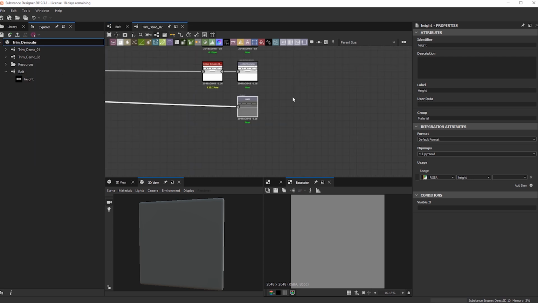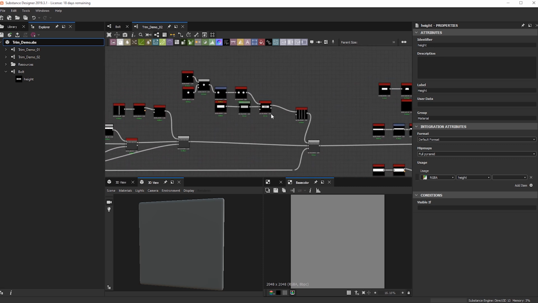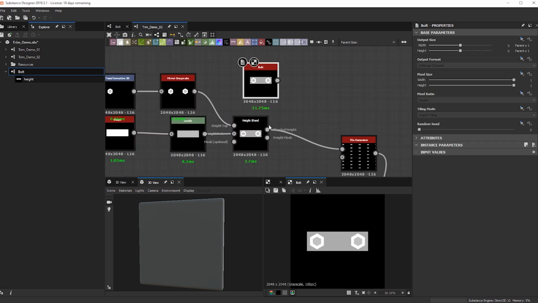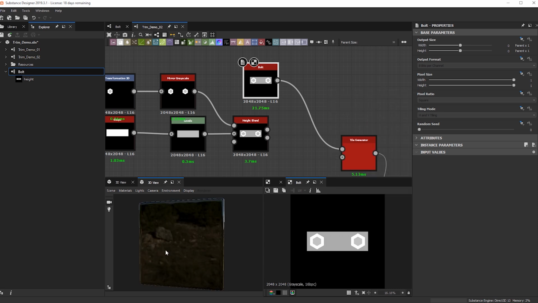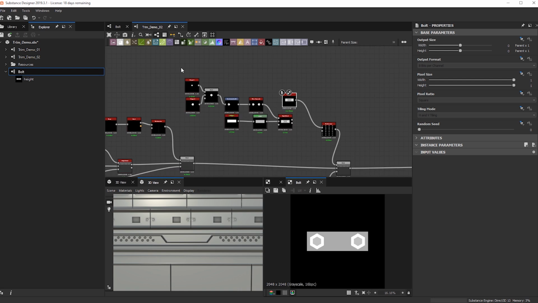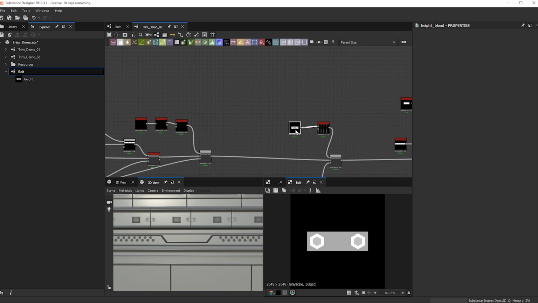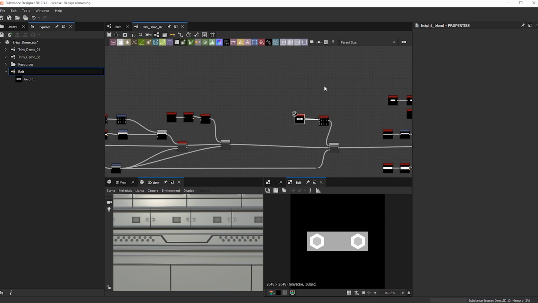If we go back into our trim demo, what we can do now is completely replace this small graph and just bring in this one single node, and it's going to give us the same kind of treatment that we have currently. So if we do outputs in 3D, there we go. Now we've consolidated the graph into something a little more manageable, and it's a lot easier than copying that big graph into just a single node.